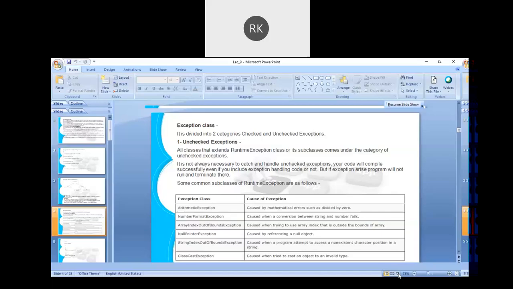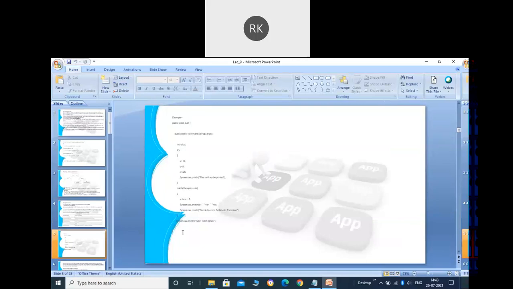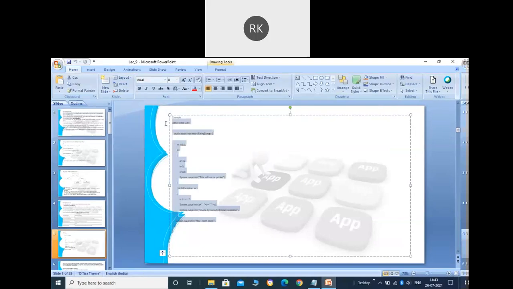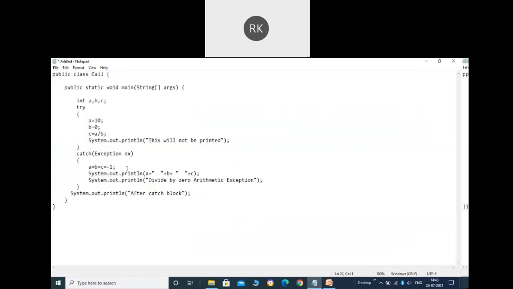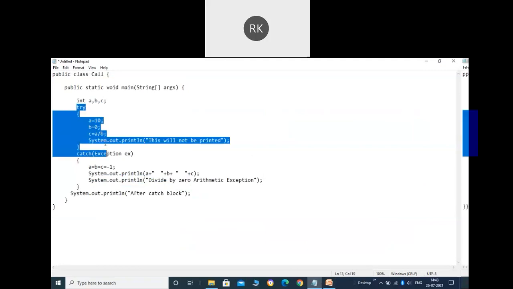All right. So now let's start with the first example here, a very basic example. Here you can see I have A, B and I'm performing operation equals to A upon B. So here we are dividing something, and let's suppose the value of B is 0, then we know it can throw what exception? Arithmetic exception. That is why the code that may generate the exception, I have put within the try block, as you can see here.